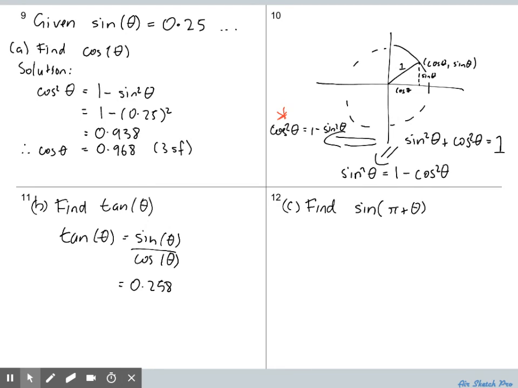So we don't know that theta is an acute angle. We don't know whether it's obtuse. We don't even know if it's like 10 rotations wide. All we know is that sine theta is 0.25 and therefore it has a positive value. Okay,